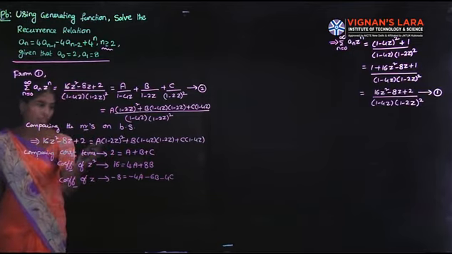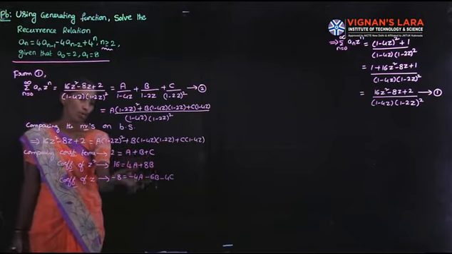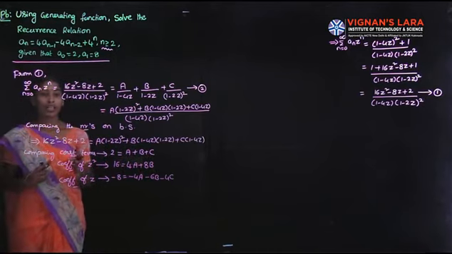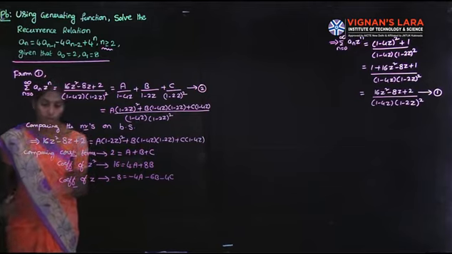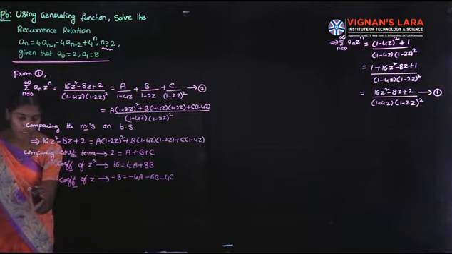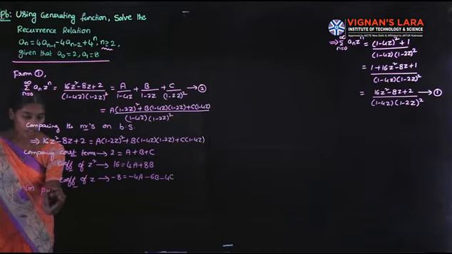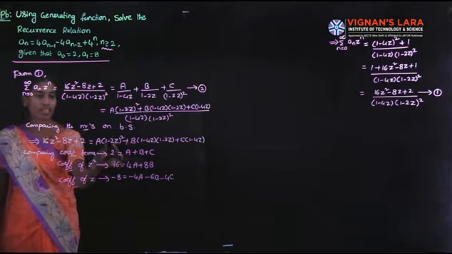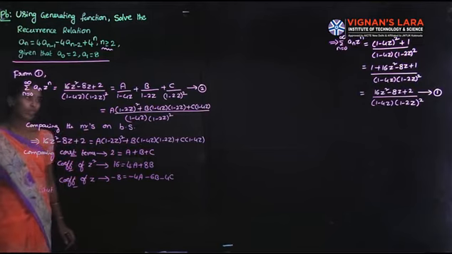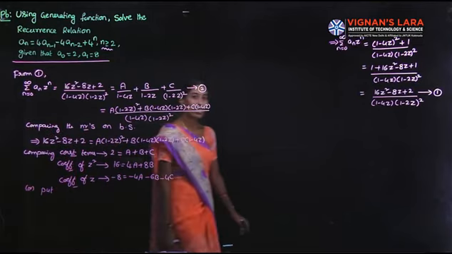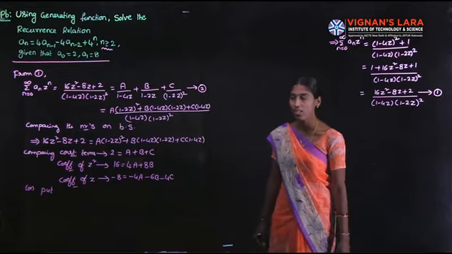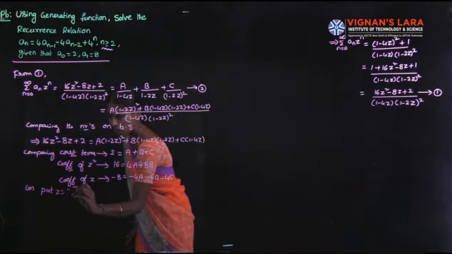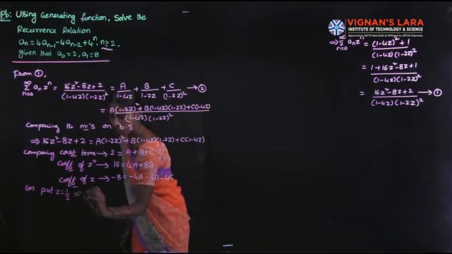Otherwise, a simpler thing, because to solve these three equations we can use a calculator. Otherwise, it will take a long expression. So, better I will do one more procedure. What are the factors here? One factor is 1 minus 2z, it is equal to 0. When 1 minus 2z is equal to 0, z is equal to 1 by 2. So, put z is equal to half. It is an easy procedure.